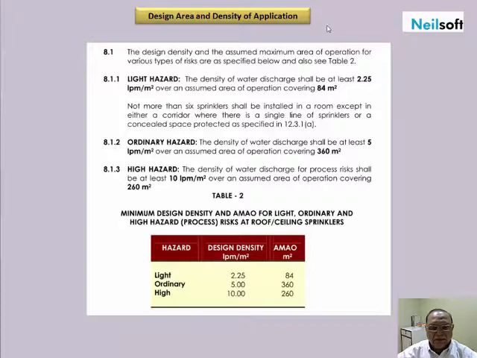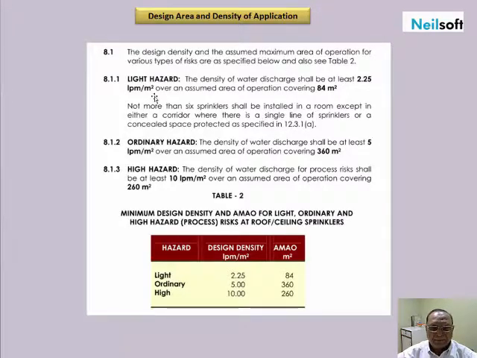As we discussed and learned from the definition, what is the design area? Design area is the area where the sprinklers are to be provided, and those are on the basis of AMAO, approximate maximum area of operation, and those are decided according to the type of hazard,